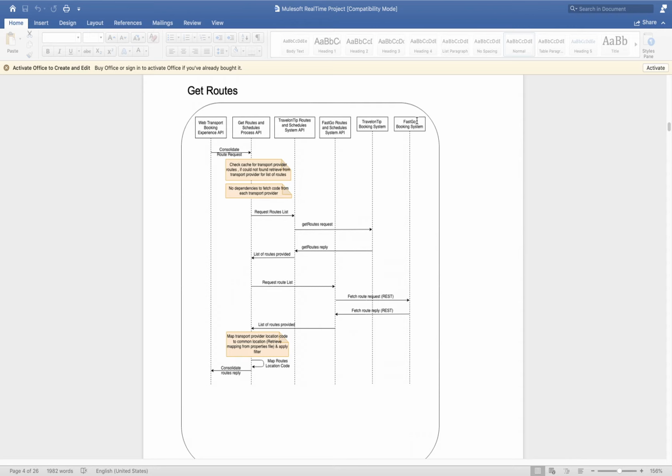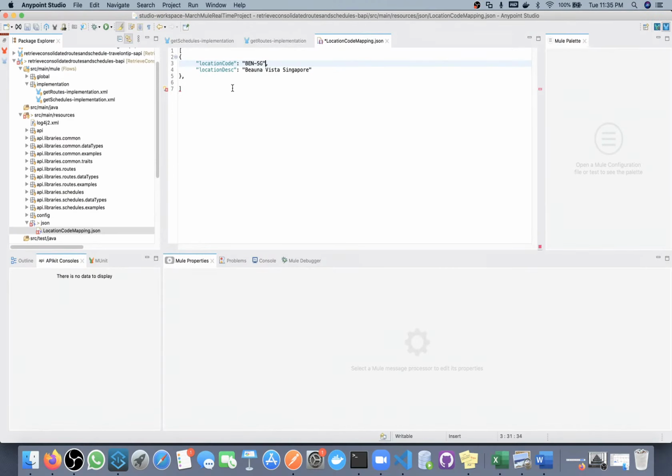Both represent only one source system, Buena Vista Singapore, but they have different codes. So here we will create all the location code and location description sets. BNSG also represents Buena Vista Singapore, BESG also represents Buena Vista Singapore. We will create all possible combinations.